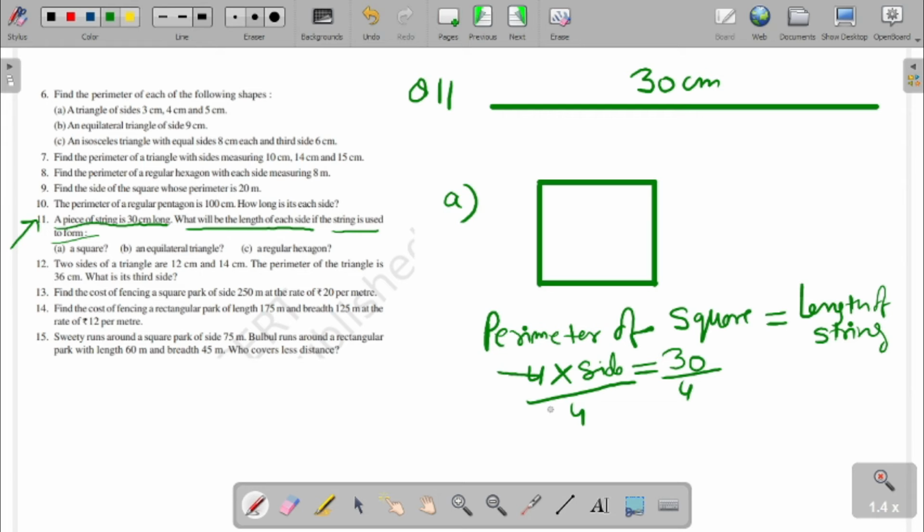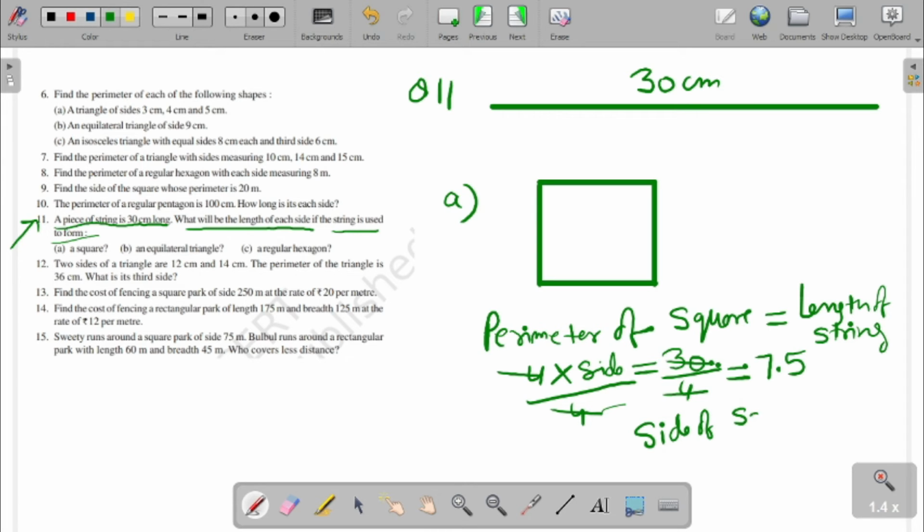This cancels with this, and it will come as 7.5. So side of a square comes as 7.5,